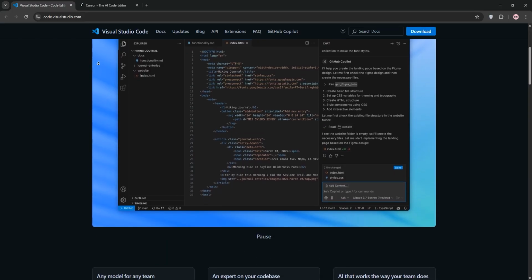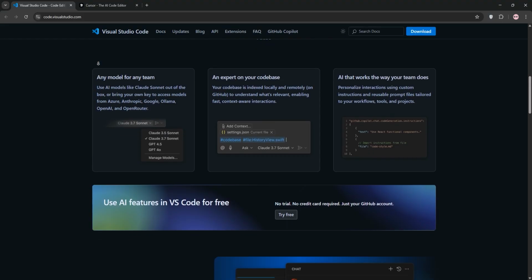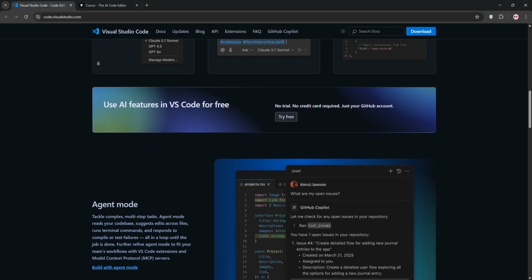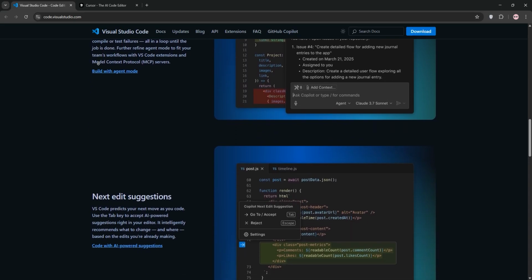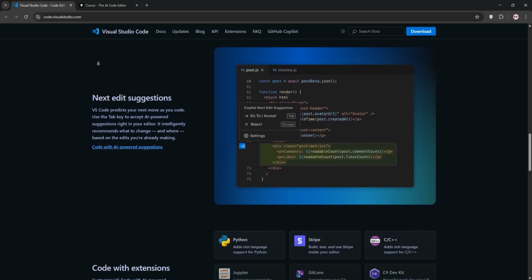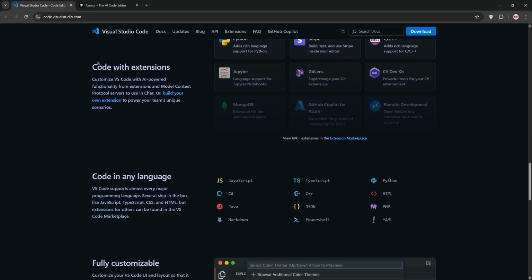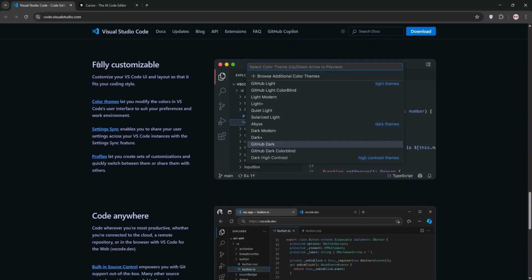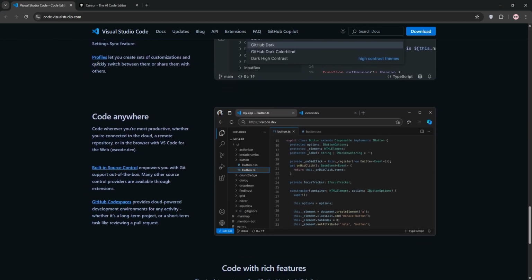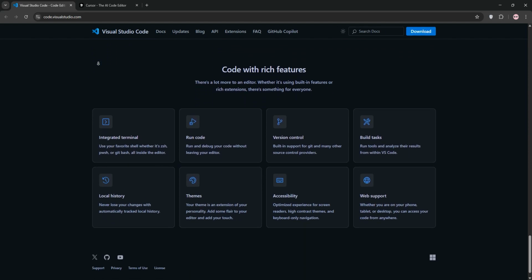Today, we're pitting Visual Studio Code against Cursor AI to see which one's best for you. Let's dive in. First up, Visual Studio Code or VS Code from Microsoft. It's a free open source editor loved for its flexibility. With a massive extension marketplace, it supports tons of languages like Python, JavaScript, and more. Features like IntelliSense for smart code completion, built-in Git integration, plus with extensions like GitHub Copilot, you get AI-powered code